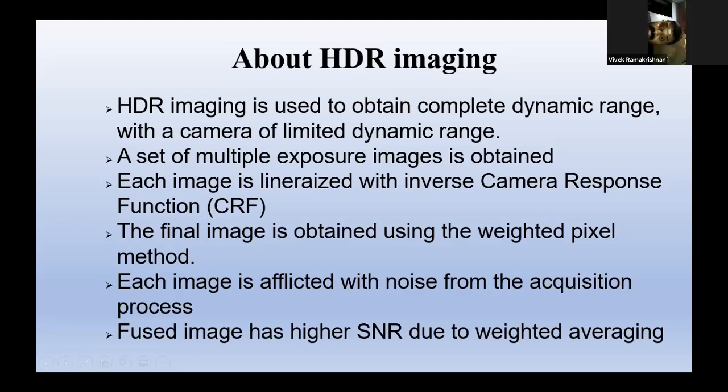So when I am doing an HDR format, first of all, the under and overexposure itself acts like a noise, right? Exposure settings do not allow me to go beyond some lower limit and above some upper limit. That is one limitation of the hardware. Moreover, this itself is some kind of noise which can be modeled. And the image itself is afflicted with noise from the acquisition process. Basically, when you do a weighted averaging, the SNR of the weighted averaged image is higher than that of the individual images.